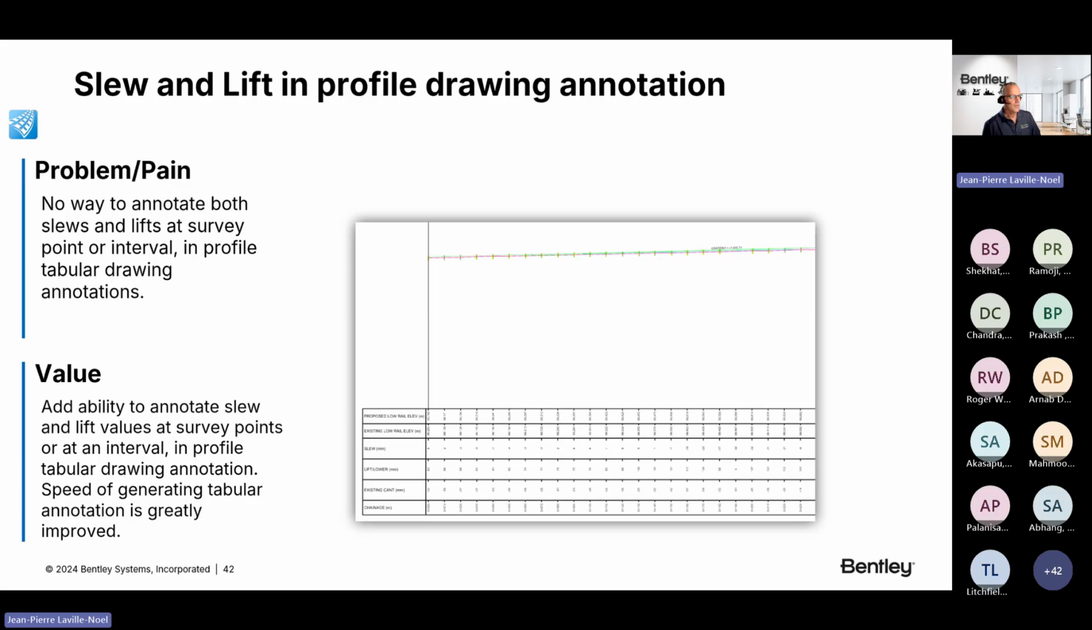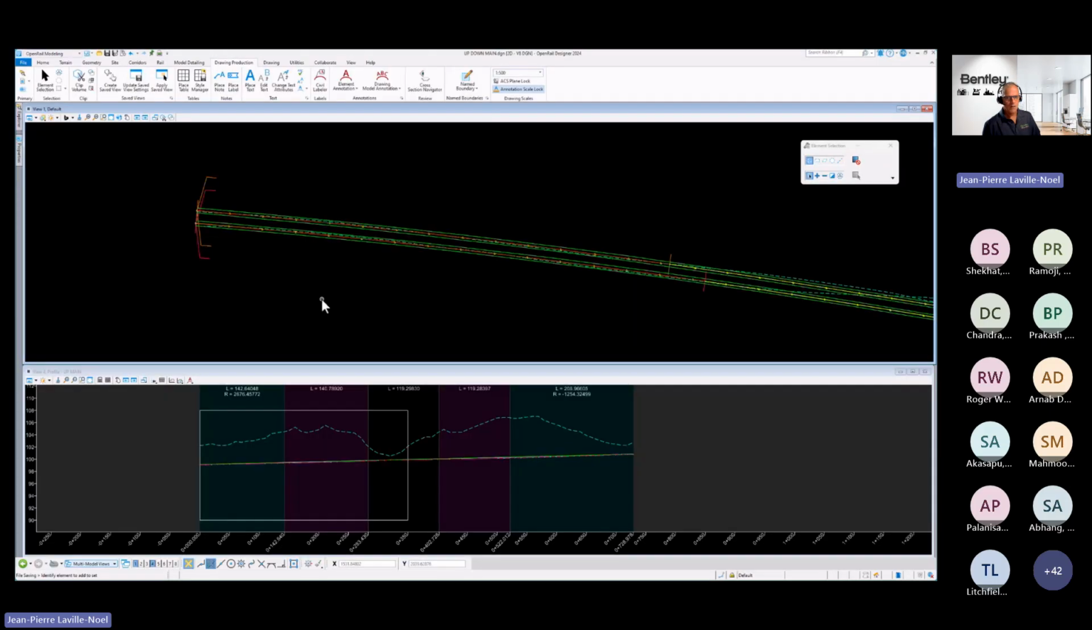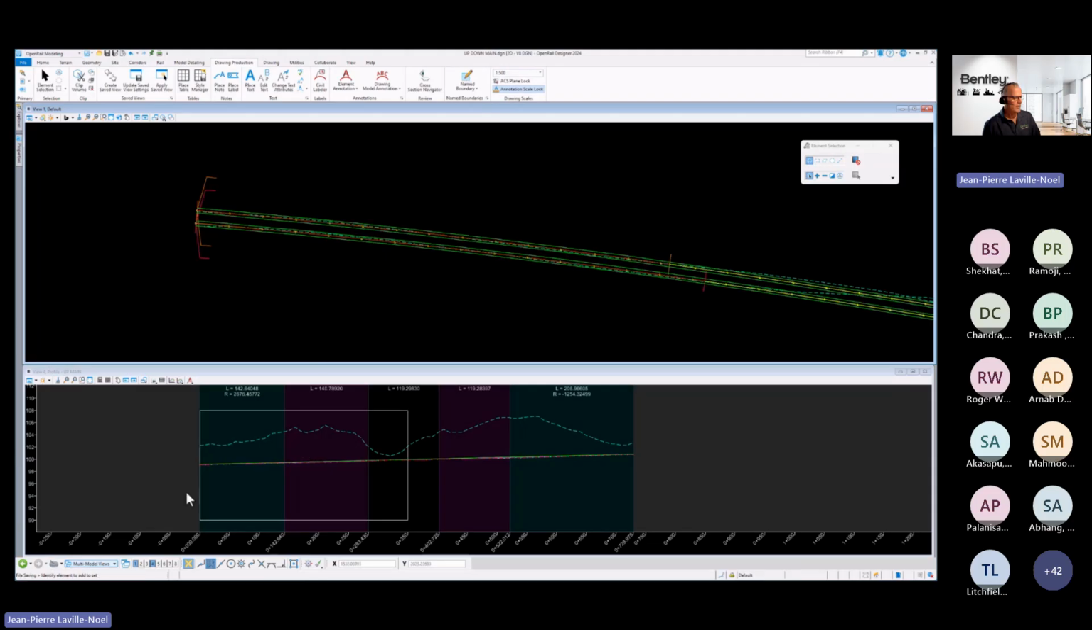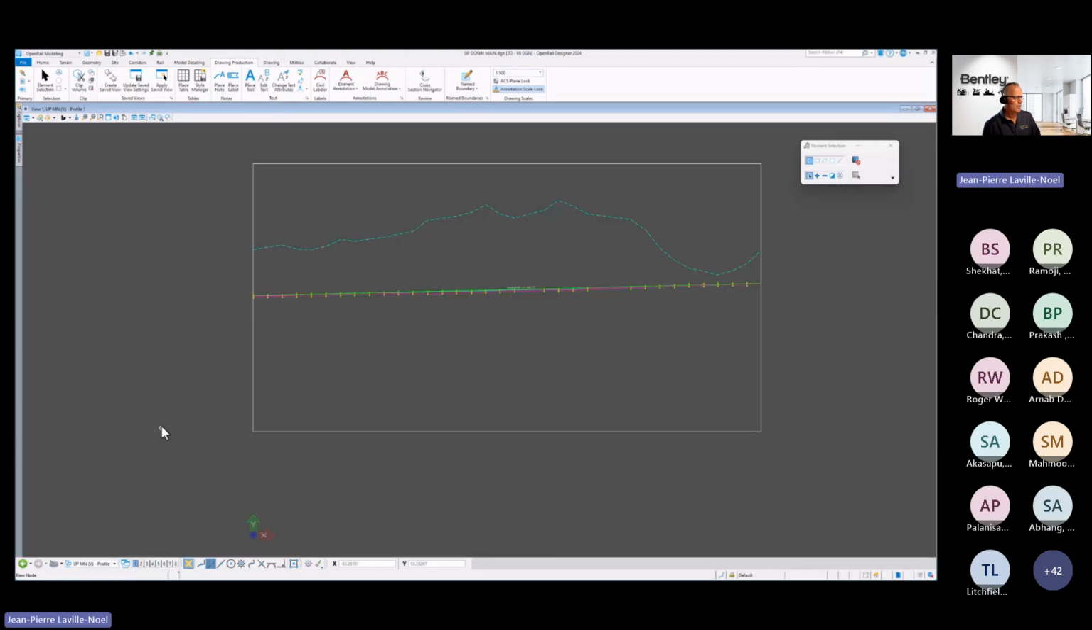So enhancements also for frame annotation on profile. Again, we can see here we have dual tracks. With the name boundary for the profile is already there on the profile view. So we can shift to